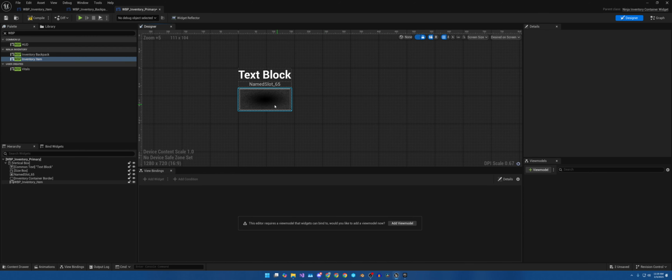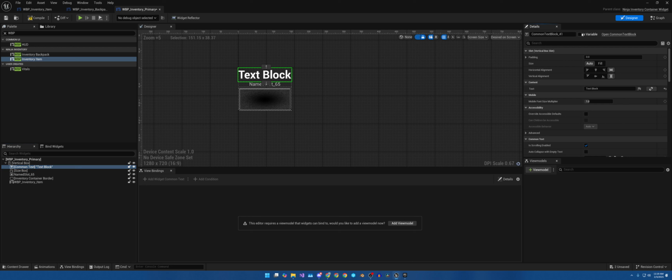Go ahead and do this. Now, let's make a couple of changes to the new variables here. This text is a variable for later down the road. We're going to name it label and then change this to primary. Now, the size box,